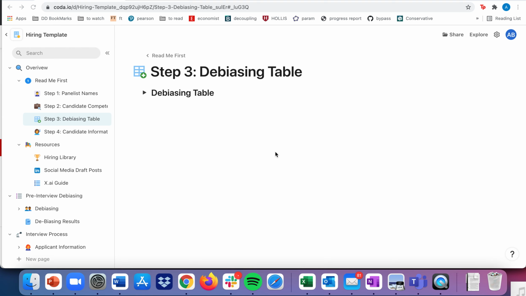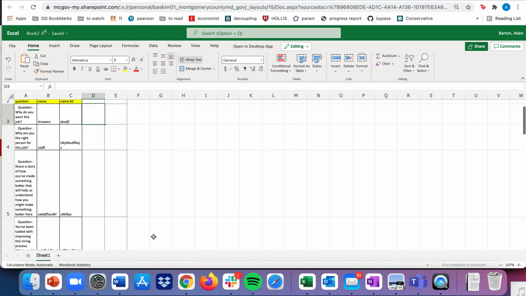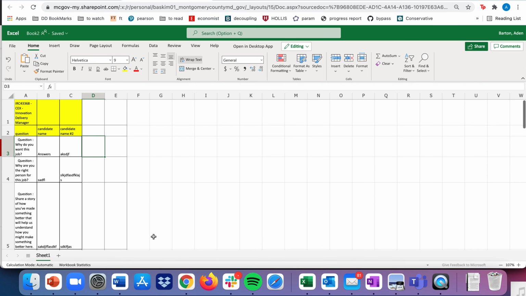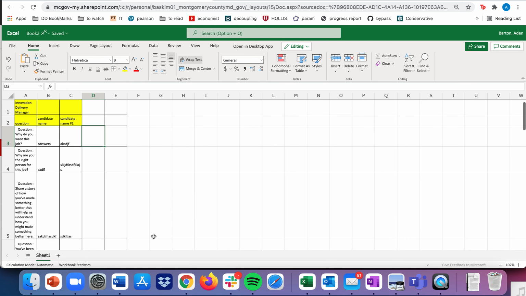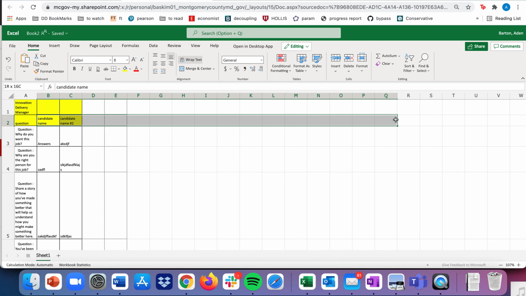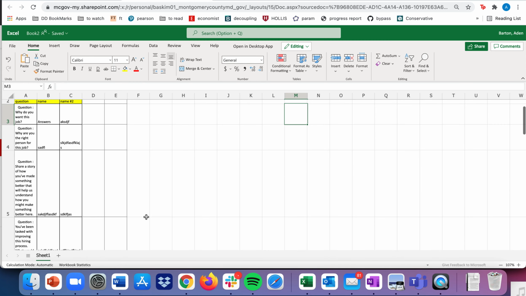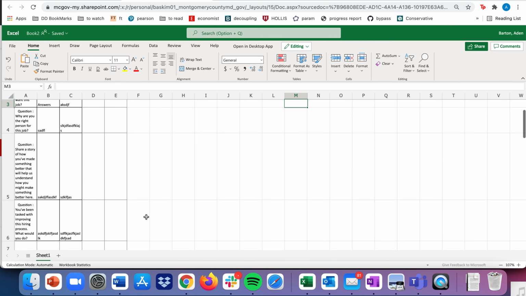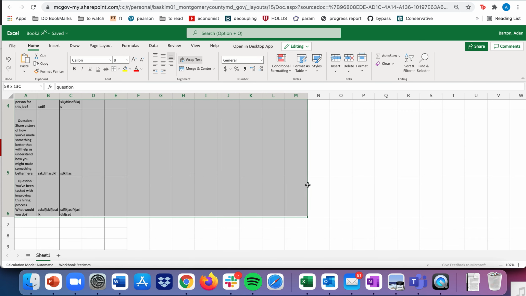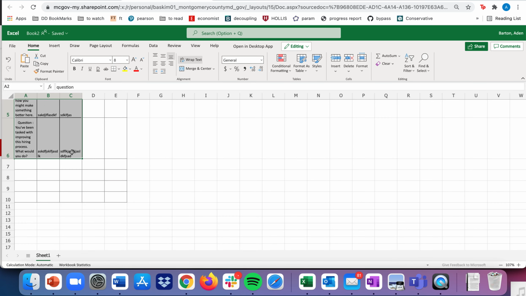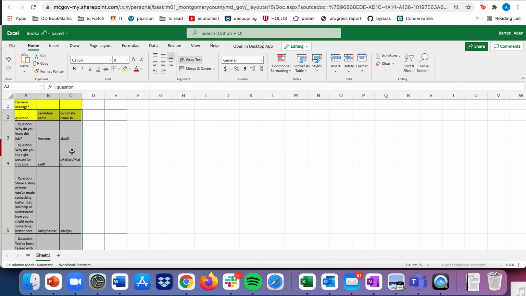So if you have the document open, I have a sample one here that has the format that you need and just sample questions and sample answers. Obviously this list might be a lot longer, but we're going to do the exact same thing. So what you're going to want to do is take your table and highlight it from the top left of it. And again, you might have to go up or down, but just highlight the table. Then we're going to Command C,